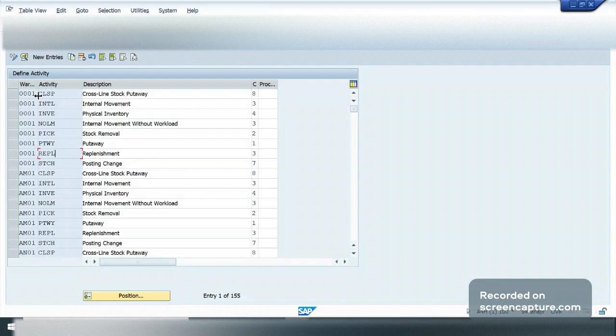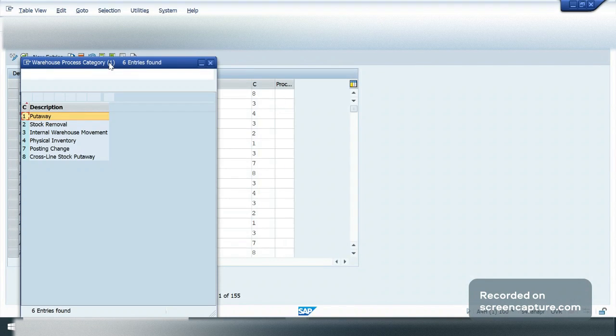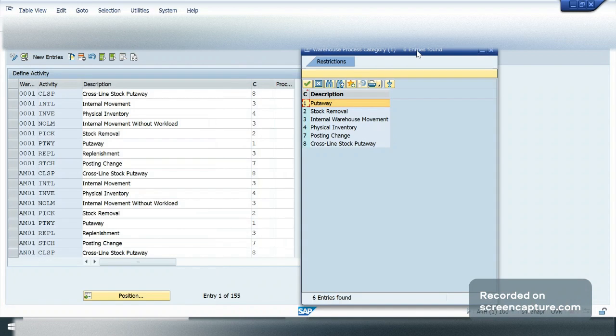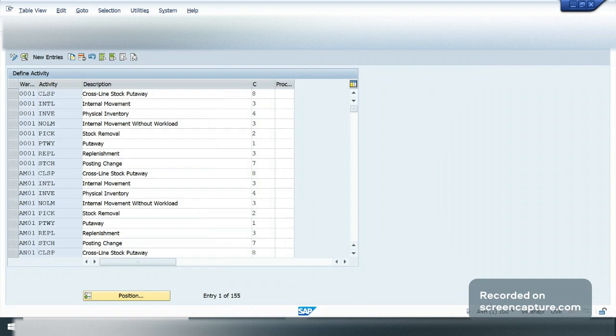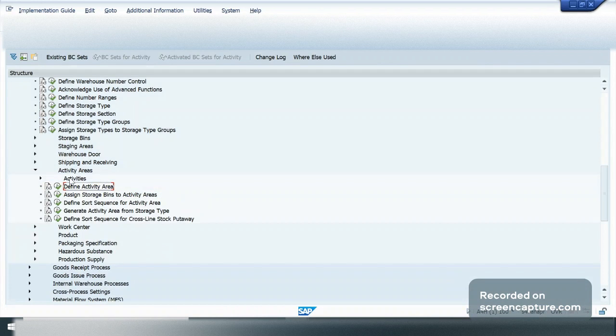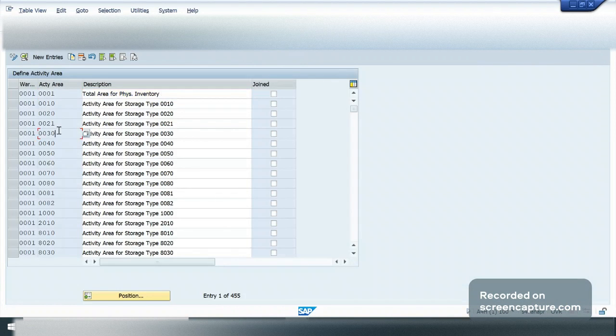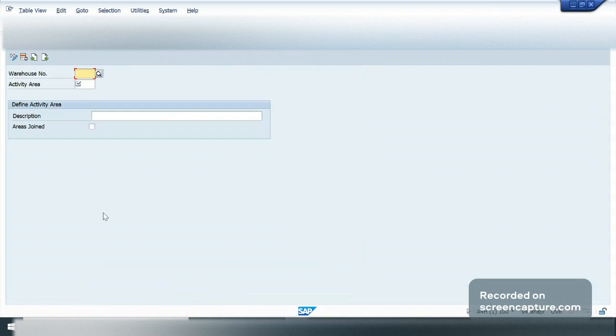Most of the activities are already covered by SAP, and here we have the category for that particular activity. Categories are standard, we don't have any other category other than this, like put away, stock removal, internal warehouse movement, physical inventory, posting change, and cross line put away. These are different activities, and here you can define the activity area. Let's suppose for my warehouse PK01, I will create one activity area as raw,